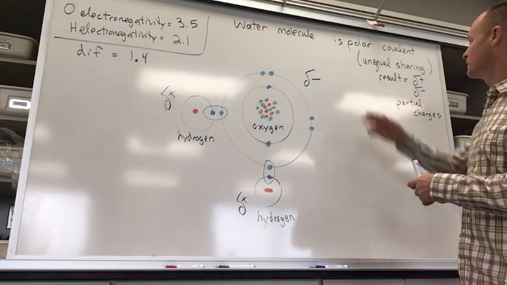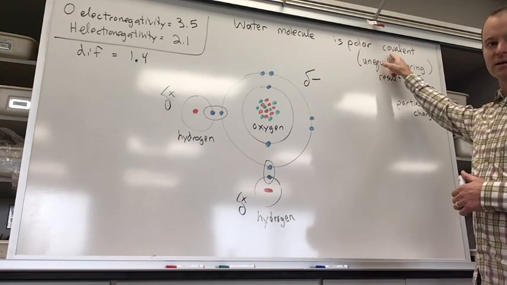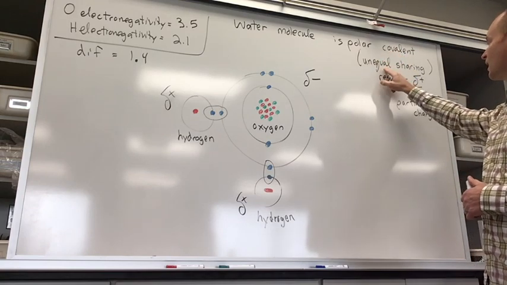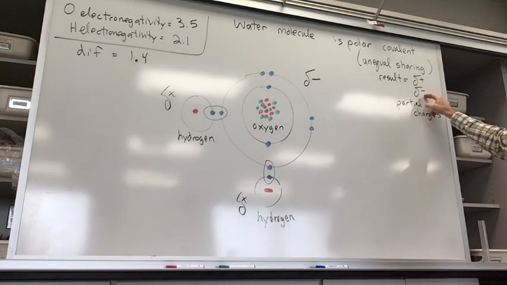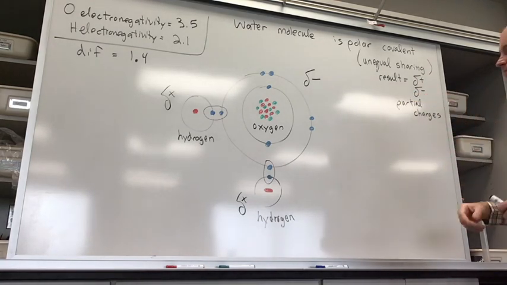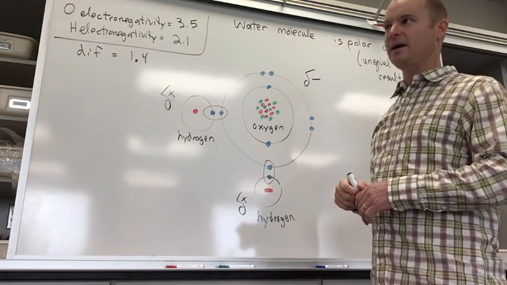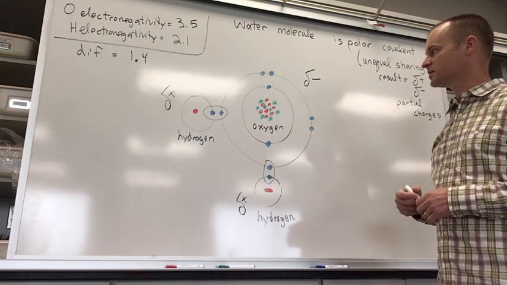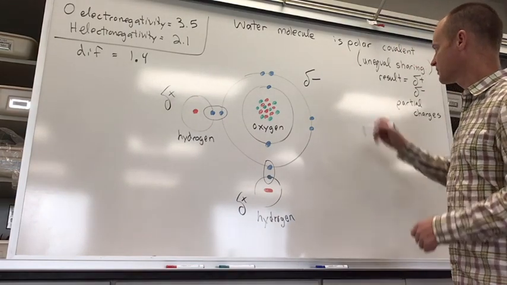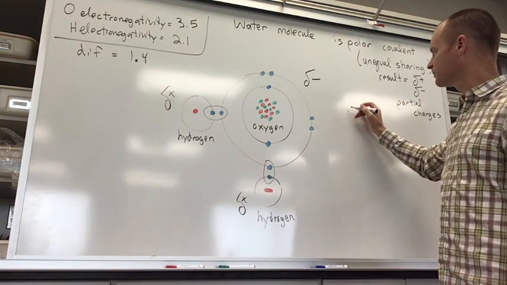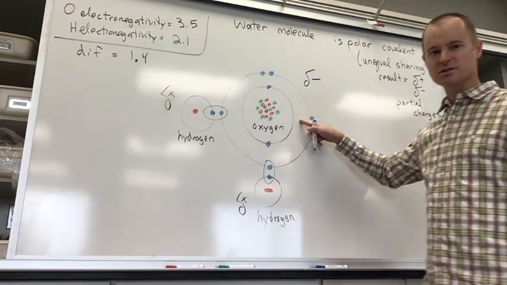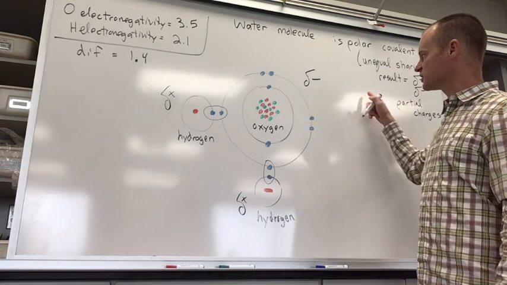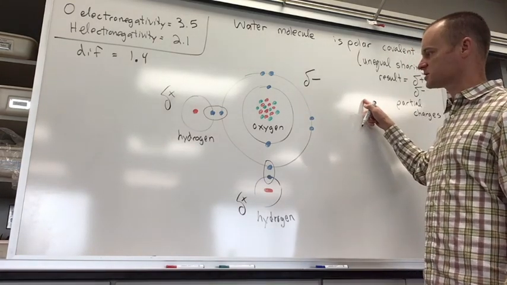So water molecule is a polar covalent molecule. Unequal sharing of electrons results in partial positive and partial negative charges. And that allows water molecules to do a lot of interesting things. So if I had another water molecule over here, which end of the water molecule do you think would be facing the oxygen atom? Would the hydrogen end or the oxygen end of the water molecule